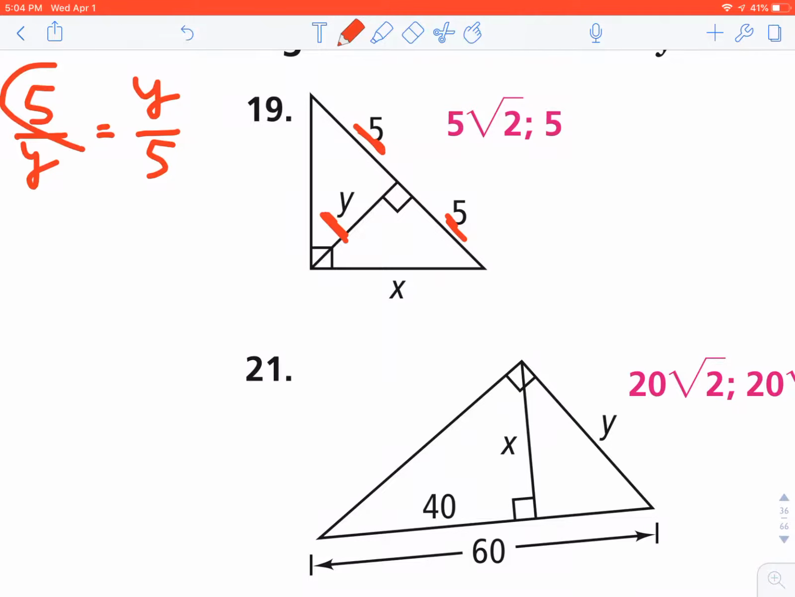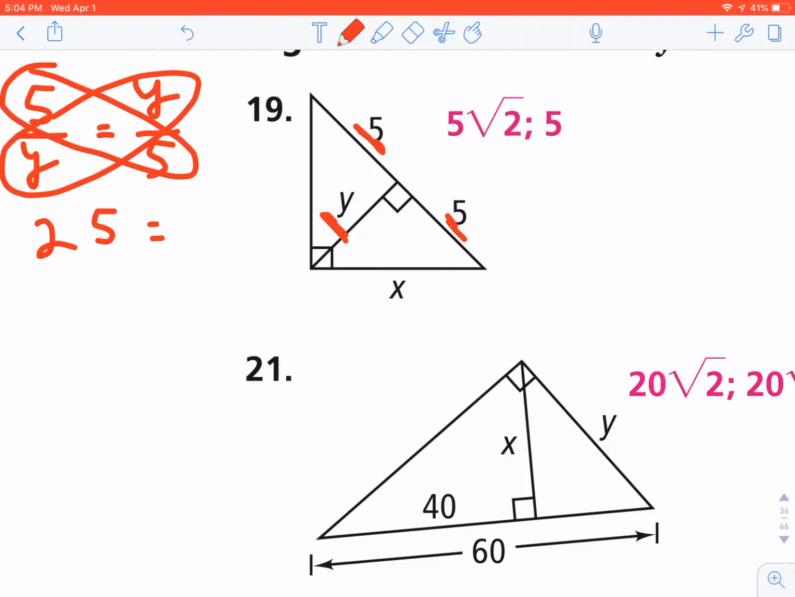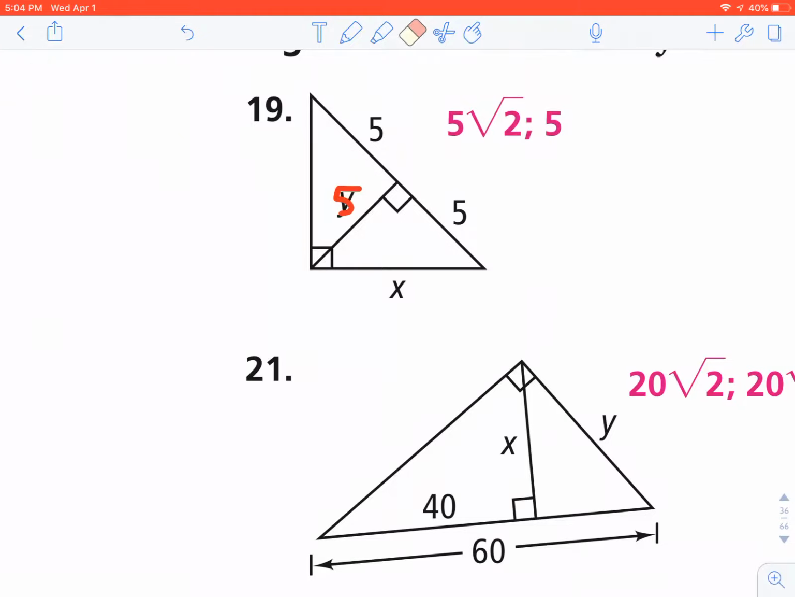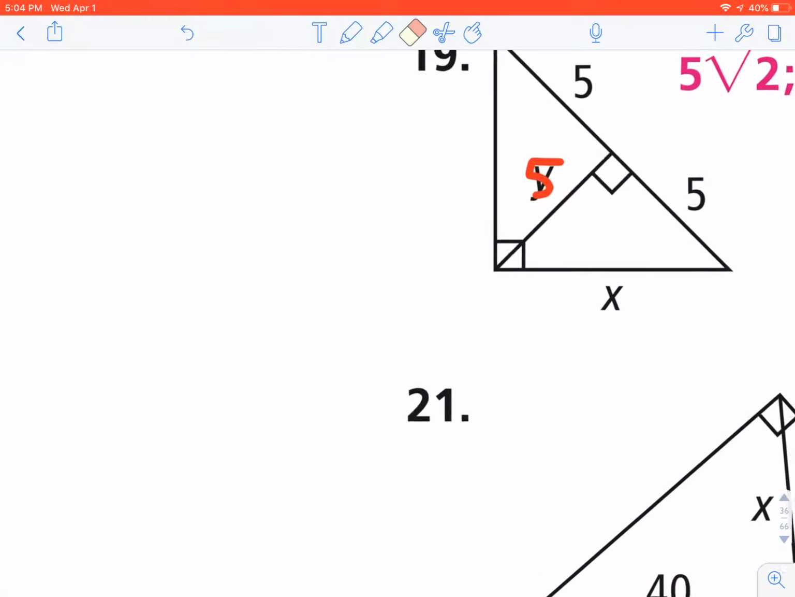Okay? When I cross multiply, 25 is equal to y squared. Square root both sides. Y is 5. Okay? And if you want to fill that in, this problem does not require you to need to know y to find x, but never hurts to fill that in. So there's that. And then to find x, you have to use the other proportion, the other cheat, which was